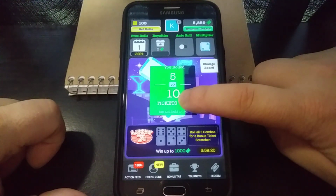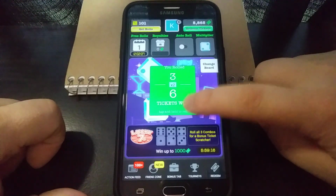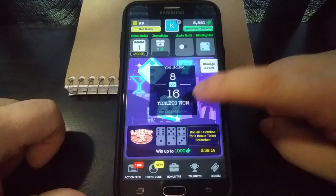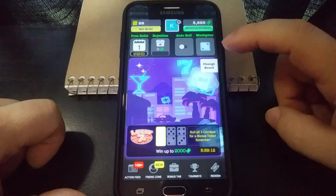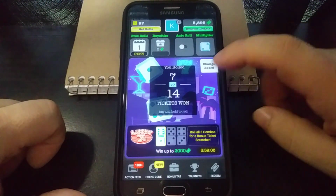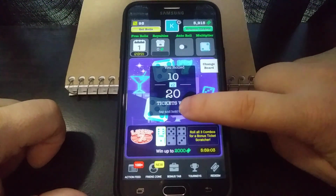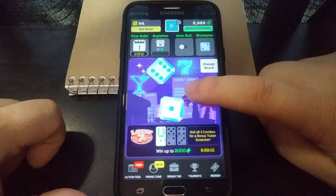Now, like I said, you can get these pretty quick, or it can be quite a while. We'll try it for a few more spins here just to see. As you can see, that was my first group of 7. You see that one lit up down there. Once I get all 3, I will get a scratch off ticket. May come back and